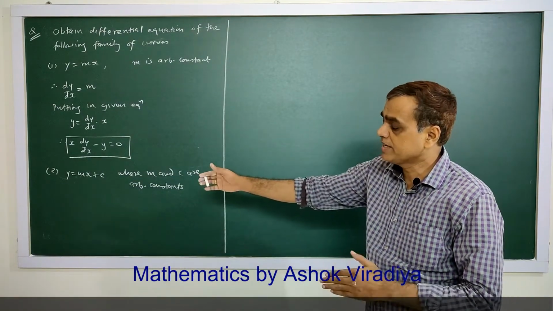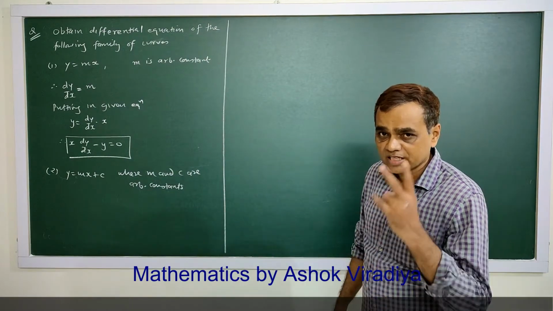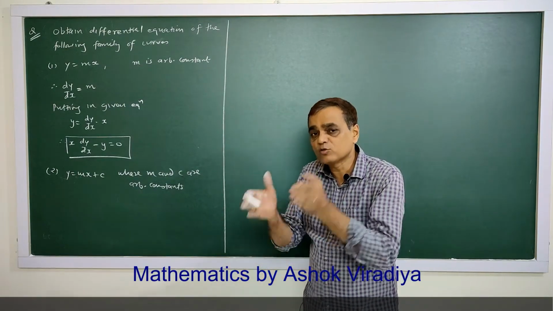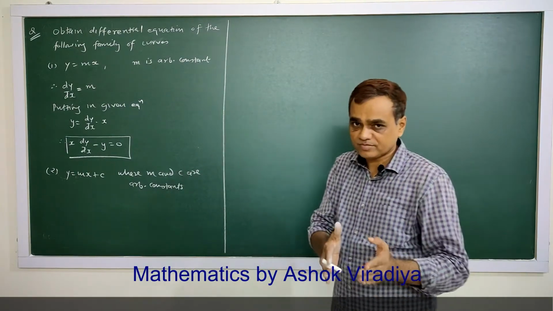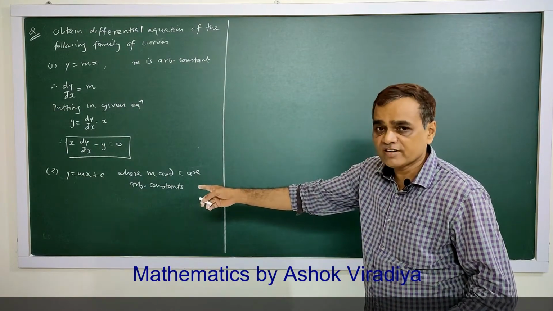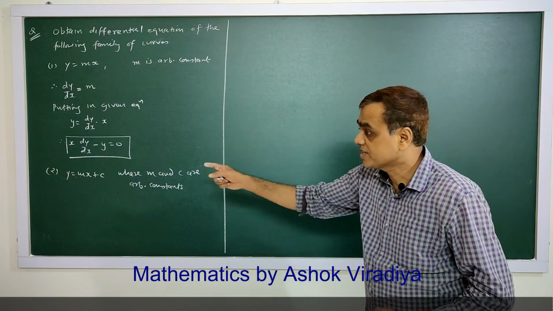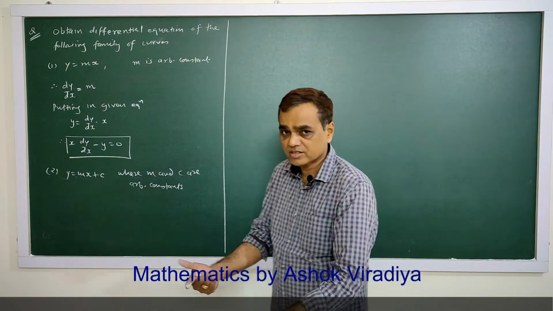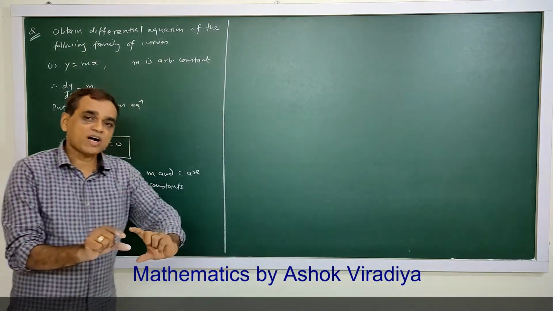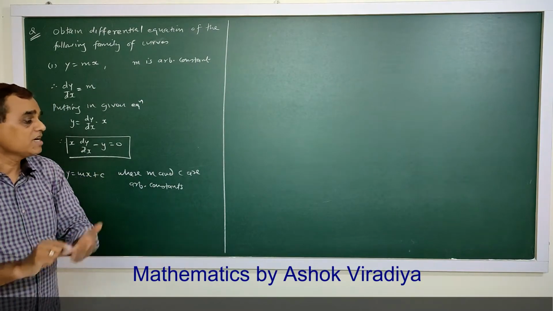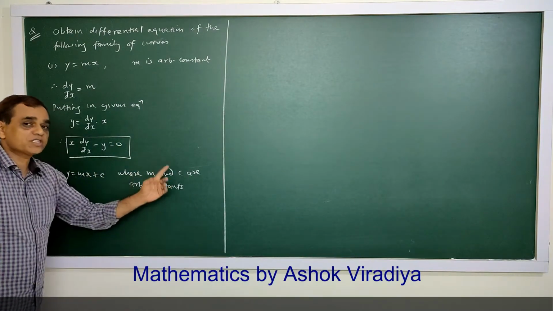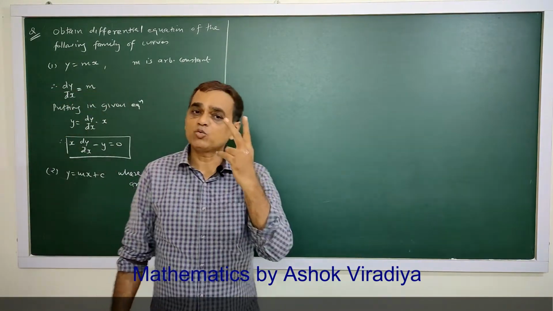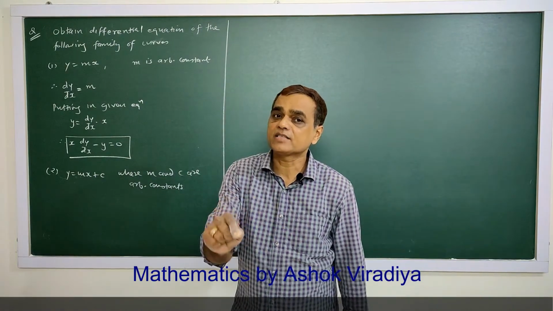So whatever its differential equation will be, its order will be 2. So keep in mind, the number of arbitrary constants is equal to the order of a differential equation. So here, because the order will be 2, we have to differentiate this 2 times. But during this differentiation, at last, our required final differential equation must be free from arbitrary constants. So here 2 steps: differentiate 2 times, eliminate m and c.